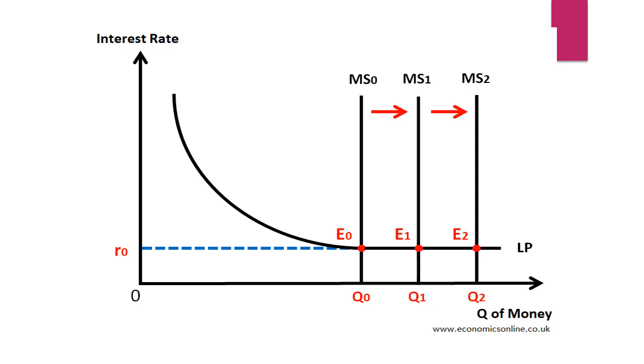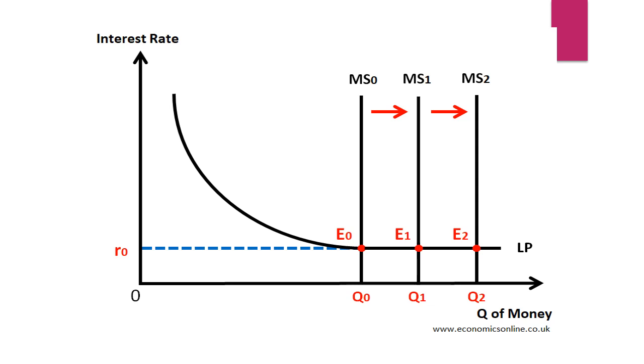It is not leaving any effect on the habit of the people, they do not change their mindset. Money supply is increasing but the rate of interest remains the same, which is quite against what actually happens in a normal scenario. But here, from E0, E1, E2, it becomes perfectly elastic. So this is the time when, in spite of having the lowest interest rate, people prefer holding money with them rather than investing it or putting it into the market. This is the condition which we call liquidity preference.